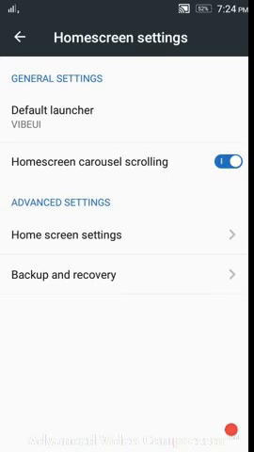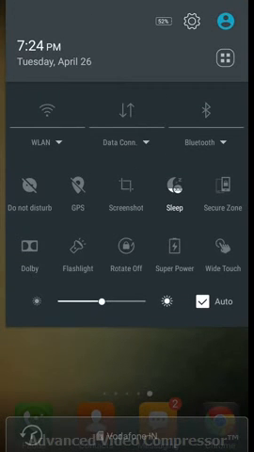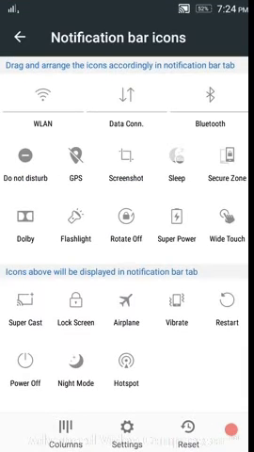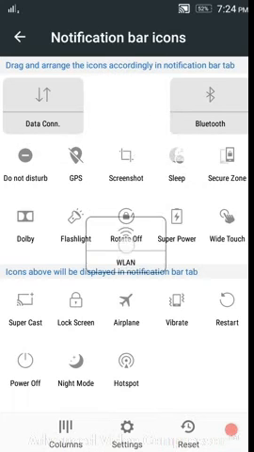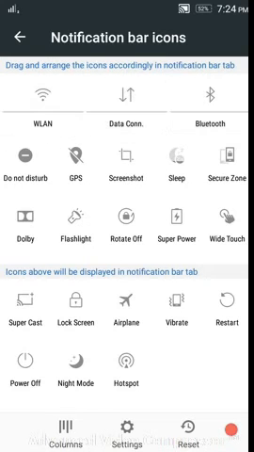Now talking about the drop down shortcuts. These drop down shortcuts, here's the change. Now you can change the position of the shortcuts by tapping on to this new button here. You can change these upper three among themselves only. Long press these and you can change their position like this, but you cannot change these upper three with any of the others. You can change Wi-Fi, data connection, Bluetooth among themselves only. Others can be interchanged